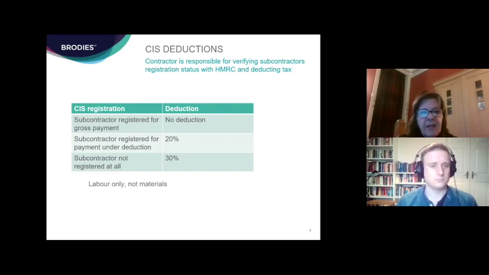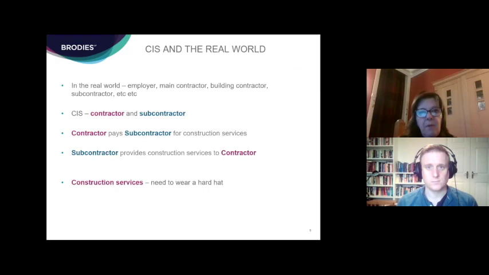The CIS applies to labour only and not materials. So if there's a mixed supply of labour and materials, there has to be an apportionment. As we'll see with the reverse charge later, it applies to both, but the CIS is labour only and not materials. Okay, moving on. One of the biggest problems with the CIS is that it really doesn't tie in with